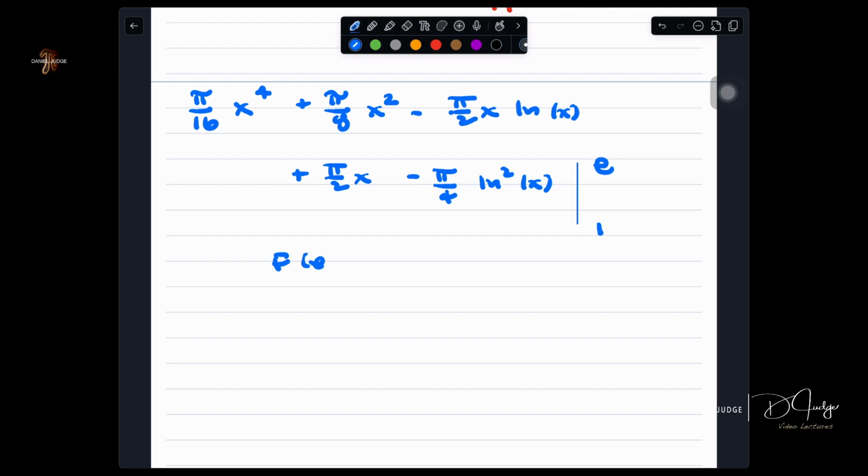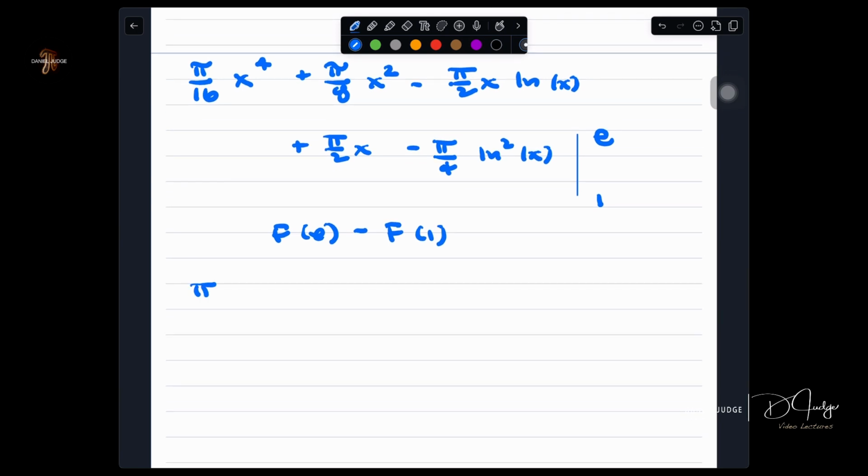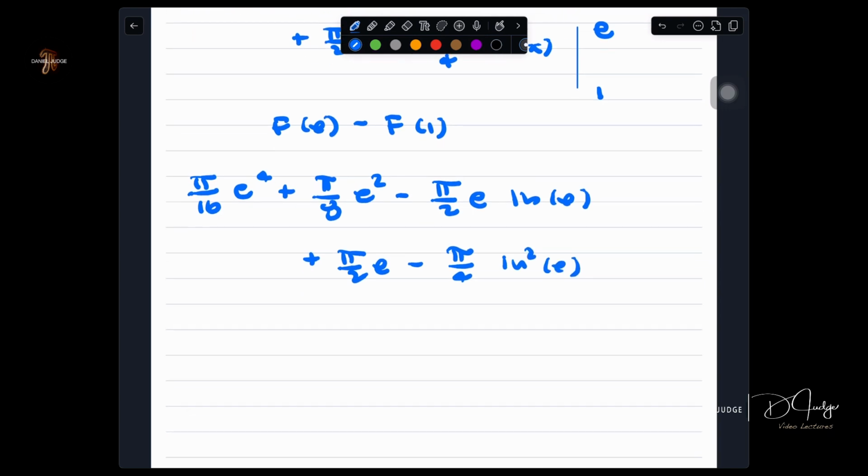So we need f of e minus f of 1. Okay, so let's get to this. This will be pi over 16 e to the 4th power plus pi over 8 e squared minus pi over 2e ln e plus pi over 2e minus pi over 4 natural log e squared. And this is what we're going to subtract now. This is the first part. This is the f of e. Now minus,